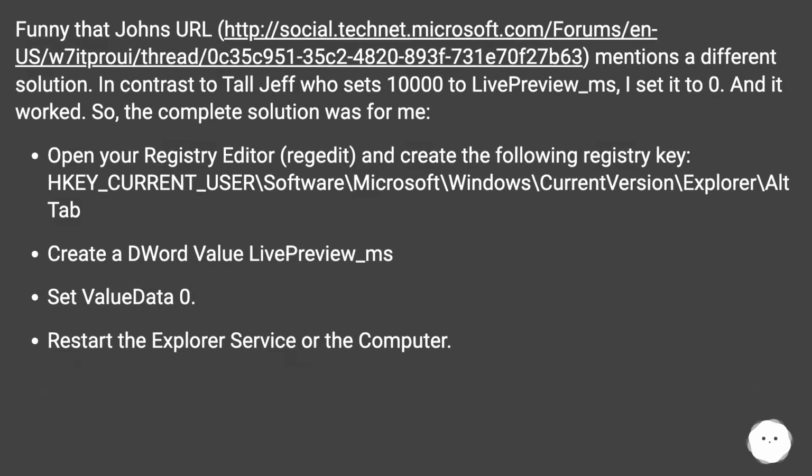Funny that John's URL, this URL, mentions a different solution. In contrast to Tall Jeff, who sets 10,000 to LivePreview_ms, I set it to 0. And it worked. So, the complete solution was for me: